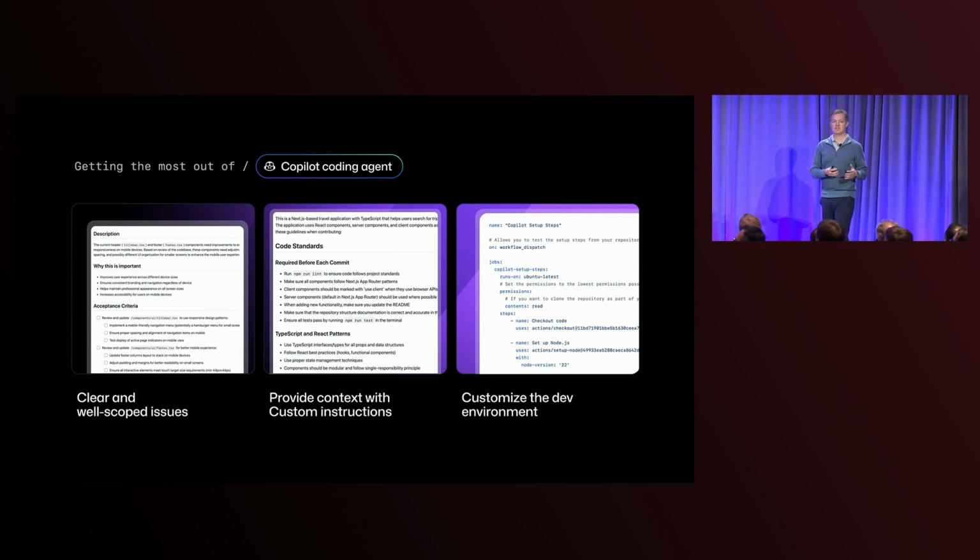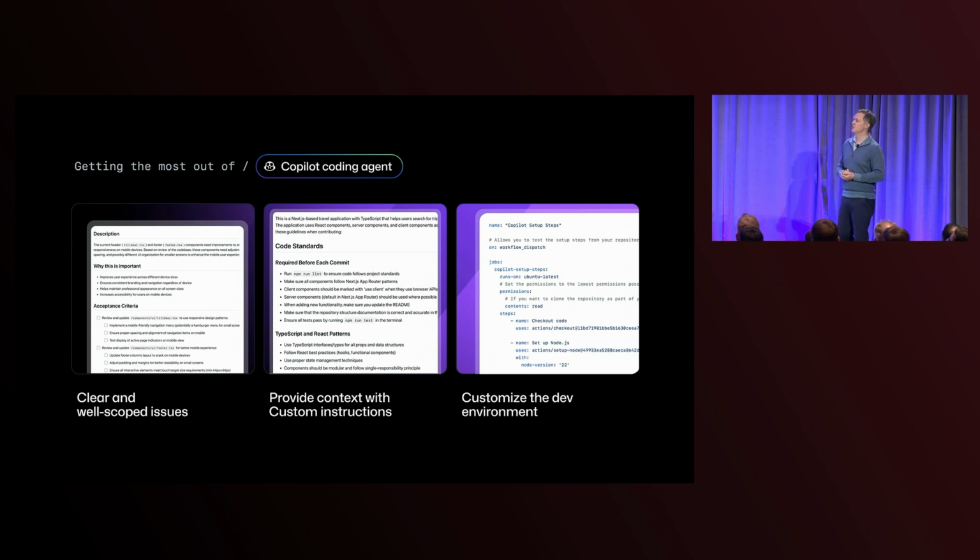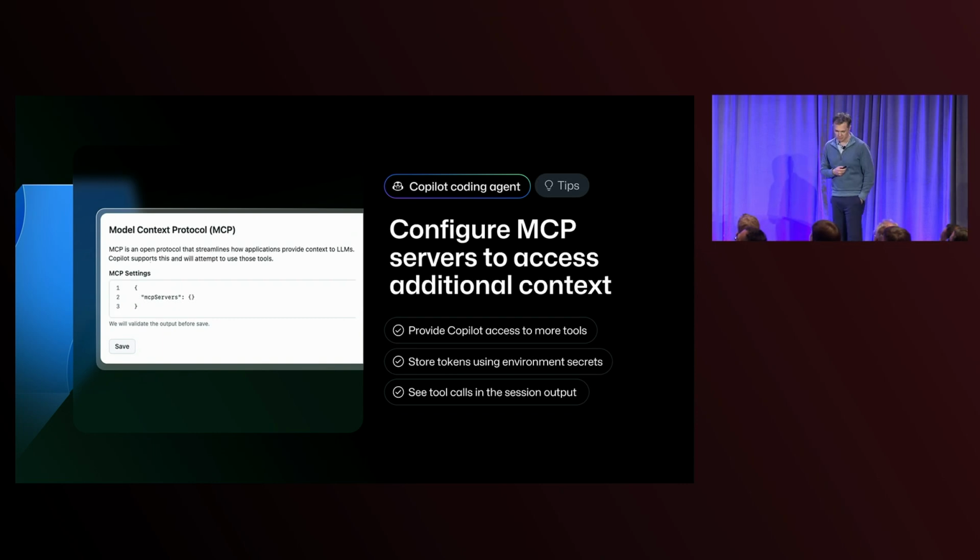And because we're using that development environment, all of the stuff you do to configure your CI/CD environment to run your builds and your tests and all these things, you can bring all that information over and use it to set up Copilot's working environment. Pretty much every one of you who's using GitHub has written a bunch of YAML to set up your environment for your CI. Well, now you already have everything you need to get Copilot set up for its dev environment.